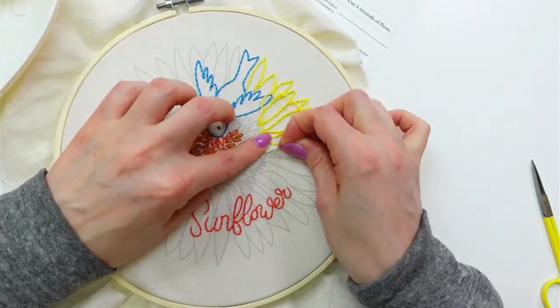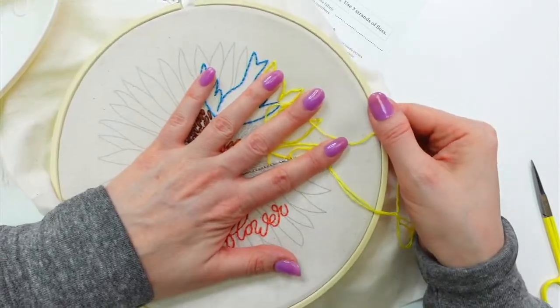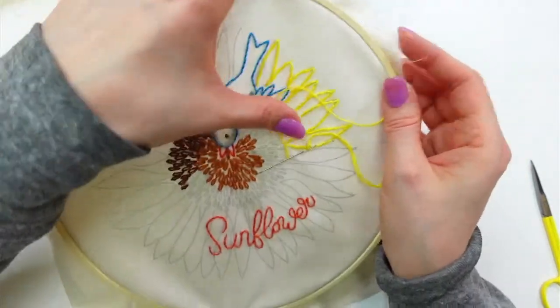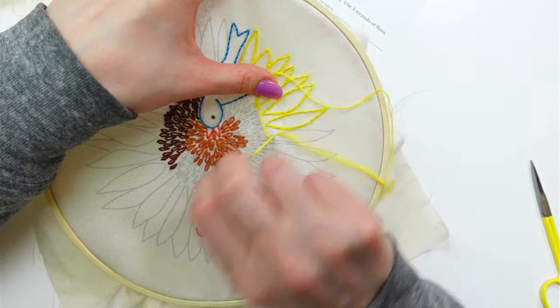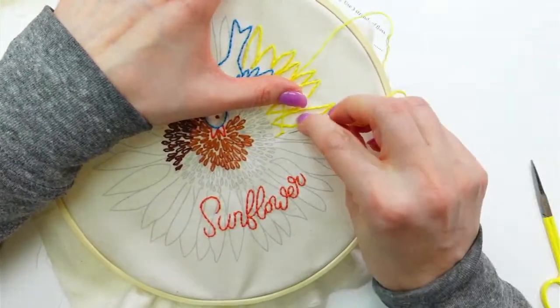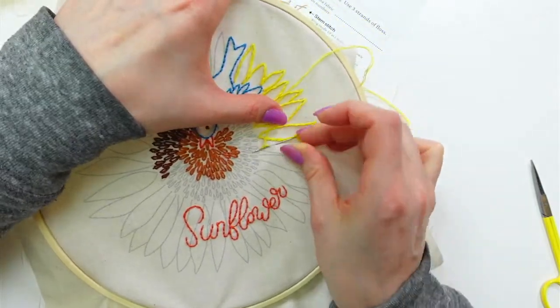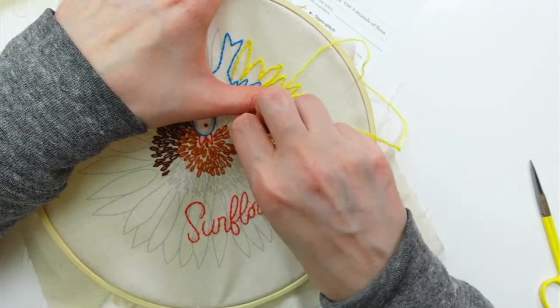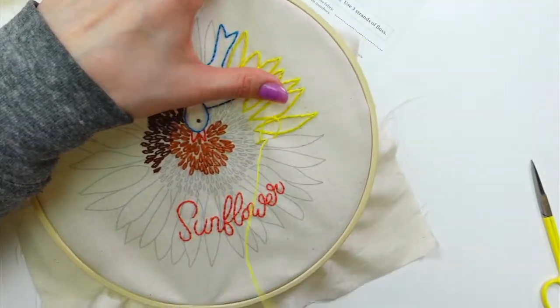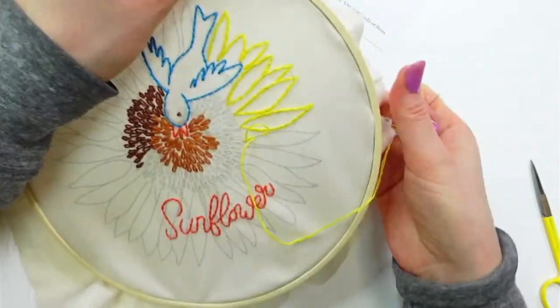Whew, that one was a little tough. I feel like I need to get this a little looser in the hoop. So I find the stem stitch easier with my fabric looser. I just have to remember not to pull very tightly because I don't want any puckers, but just to get in and out in the same motion, which I think is the easy way to do stem stitch. It helps to have your fabric a little loose, but you can also do it without the